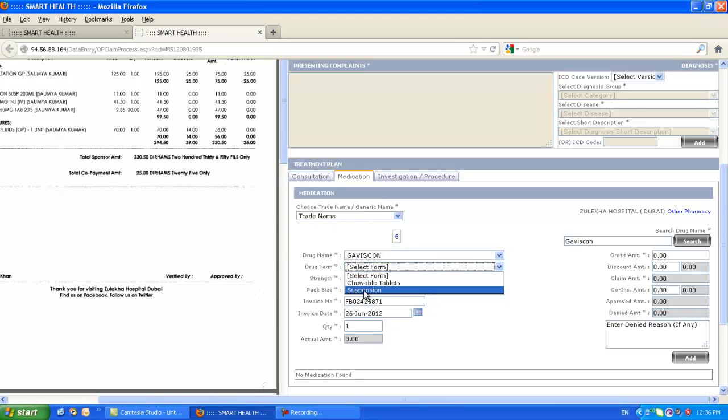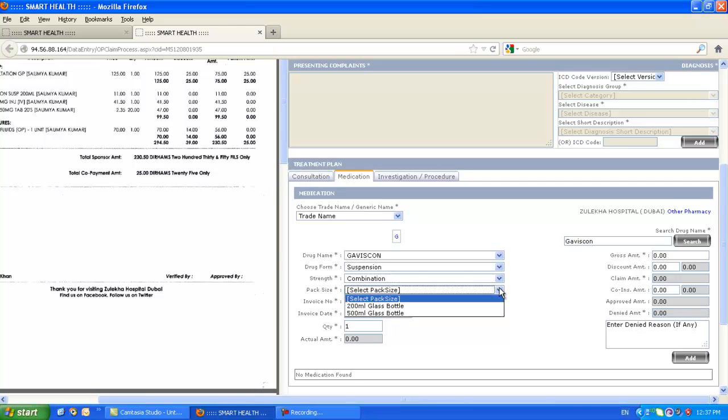The drug form here would be suspension because that's what is mentioned on the invoice. The strength, since there's only one strength, you have to choose that combination. Pack size, from the invoice you can make out it is 200 ml, so we go for 200 ml glass bottle. The invoice number and invoice date appear by default. The quantity you will take from the invoice, it says 1, so it's correct, and the amount is also correct, 11 dirhams. Put the gross amount here